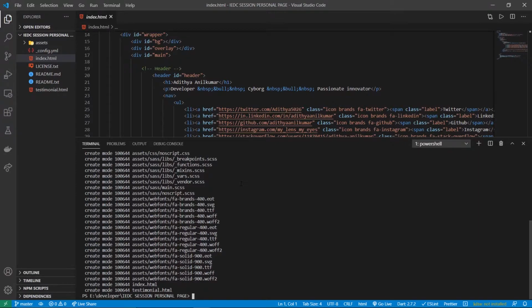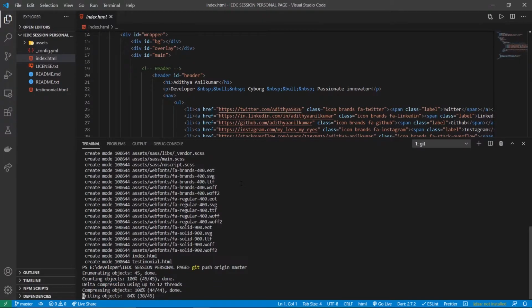In order to sync both the local repository and the remote repository with the changes, you have to push these changes into the remote repository. In order to do that, you can type this command git push origin master, where it will push to the remote origin on the master branch.